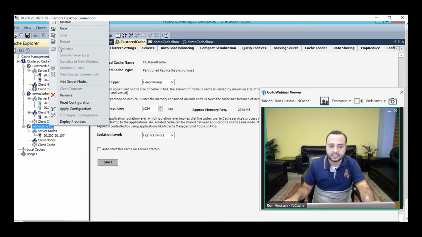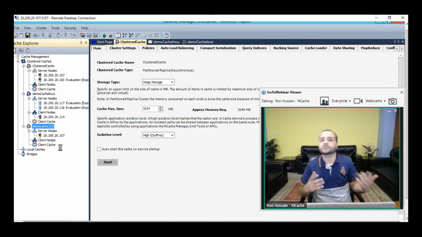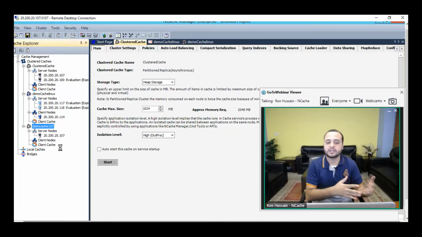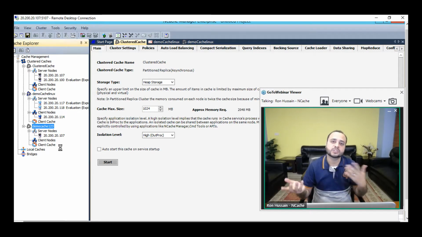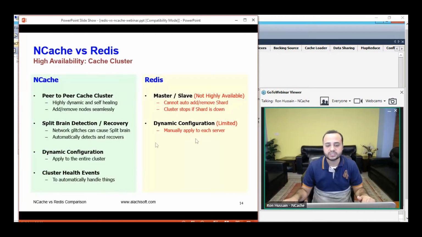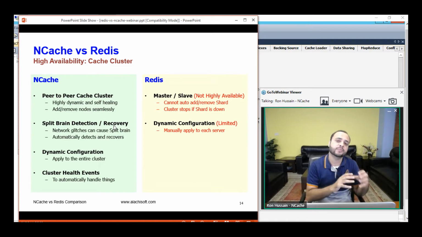Right, I'll start this cache cluster and show you that I can add another server on the fly. If there are clients connected to it, they would automatically start using the newly added server. In comparison, this is something that Redis does not have. Then another important concept, I'll bring back the GUI tool in a bit, is the split brain detection and recovery,